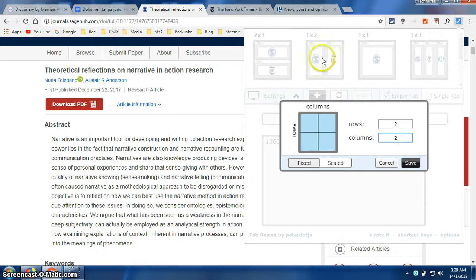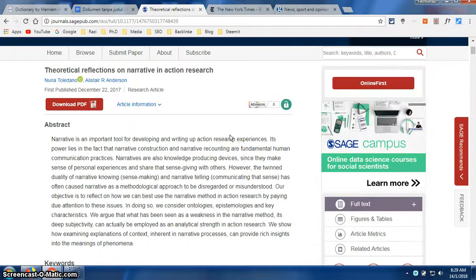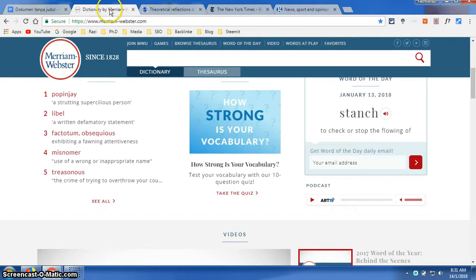But by default, because you only have 4 layouts here, this new layout will replace one of these. So when I click save, this 2 by 2 will be here, and one layout disappears. And again, I want to show you how this 2 by 2 works. I need to provide 4 tabs, because 2 by 2 means 4. 1, 2, 3, 4. I will click in the first tab of the 4, so I will have 4 views,